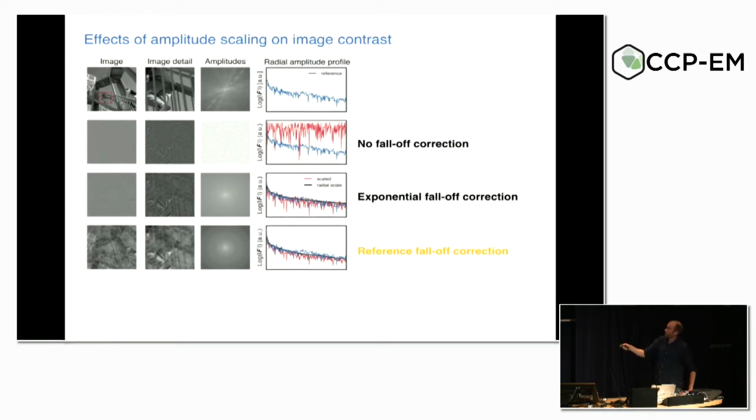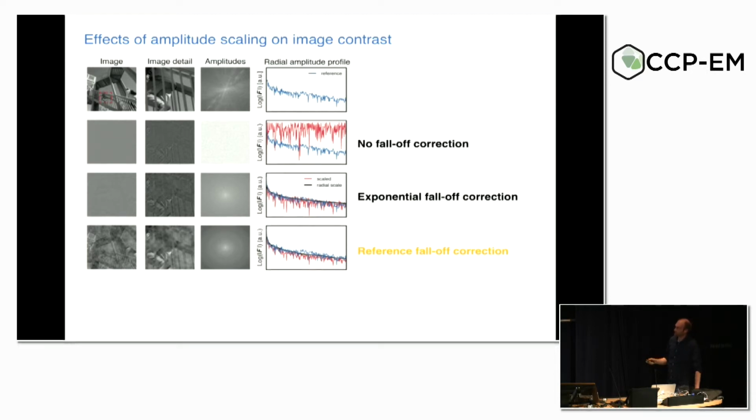But you still see that in this amplitude spectrum of the original image, you see many of these stripes occurring in the power spectrum, and these come from all the repetitive features that are in the image. And in this procedure, actually, we are not able to restore them correctly, so we actually only see very few of these features back. And that has to do with the fact that this amplitude profile is not constant over